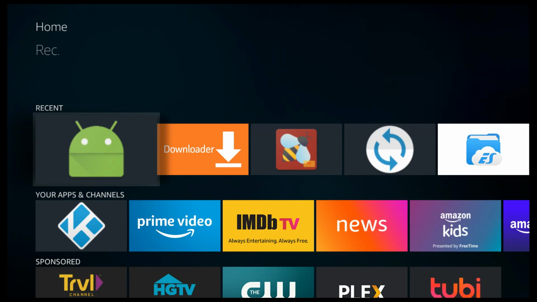So you can use this method to add Kodi on your home screen, and I hope this video was really